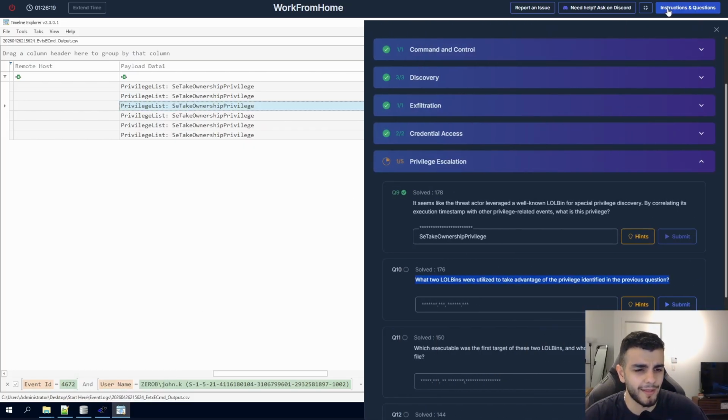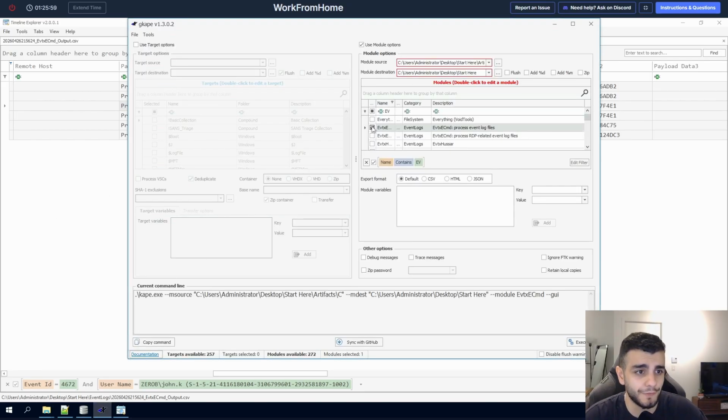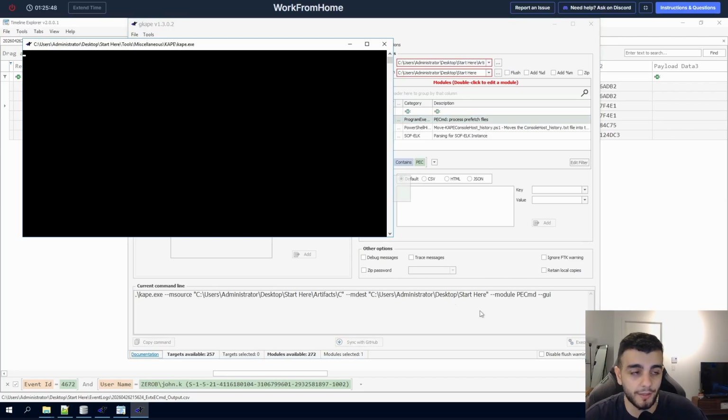So now to look again at the question, they want us to know which LOLBins took advantage of this privilege. To know which processes ran on this system, there are multiple artifacts. However, the most basic one is called Prefetch. So we're gonna start with Prefetch and do the same thing. Instead of evtx.cmd, we're gonna use PECmd, which is another tool by Eric Zimmerman that will process Prefetch files. So we're gonna do the same thing, and now we're gonna click on execute,